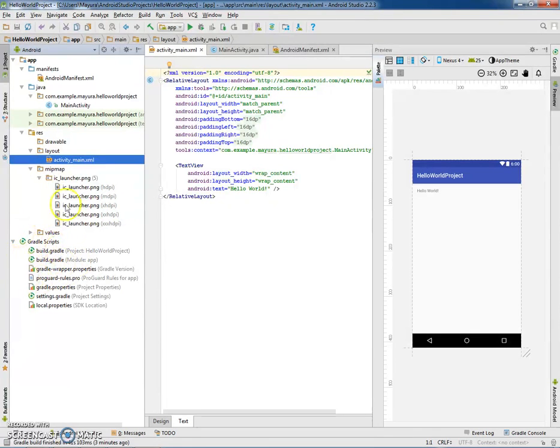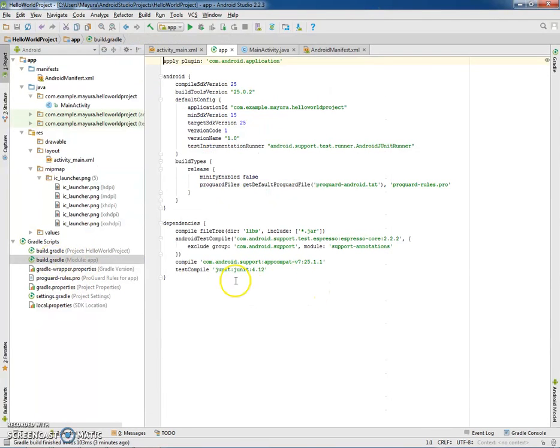The other important part of the application is the Gradle script. In most cases, we won't be touching the Gradle script unless your application needs third-party plugins. Only in those situations will we be changing the Gradle things. So you can choose build.gradle with the module as app. Here it will have the information about the app, in the sense of what version we are compiling the application with, what is the minimum SDK that your application should support, and what is the maximum. And whenever you release an update, we will be changing the version code. By default it will be 1, and we can change it as and when we release upgrades.